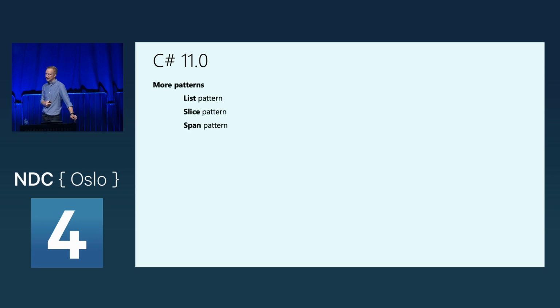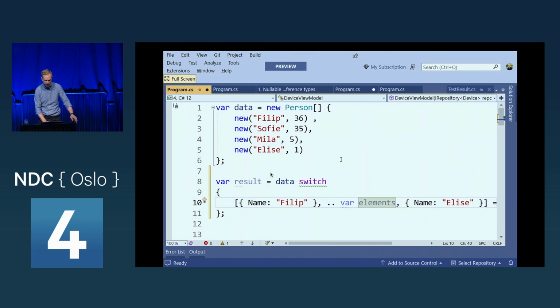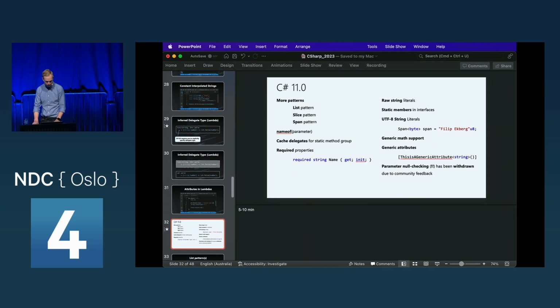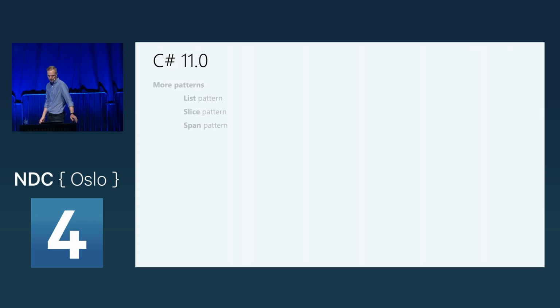We looked at these patterns. These were added to C# 11, where you can match on the contents of a list. You can slice off portions of a list. You might not know this, but the syntax that I used here is the range syntax, which is also something that you use to slice off data in an array. So if I have an array of bytes, for example, I can say that I want to slice off portions of that. I have an example of that in just a moment.